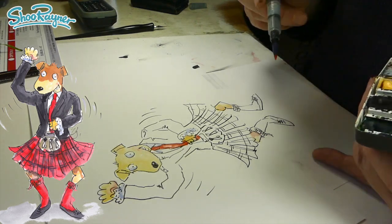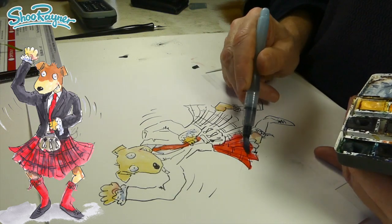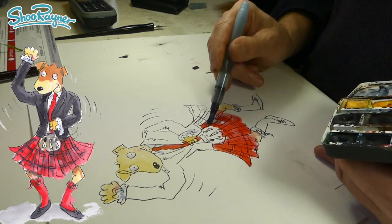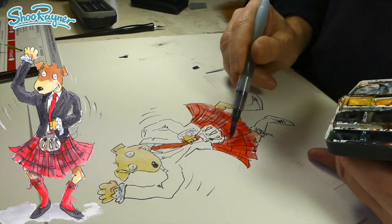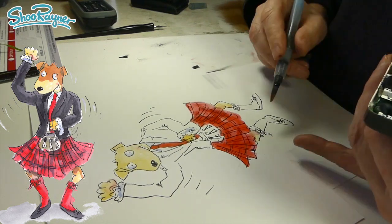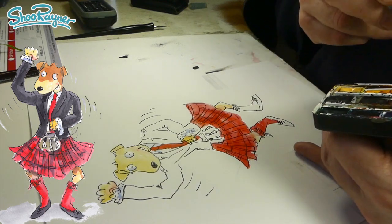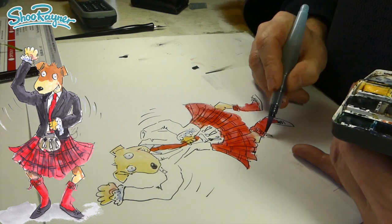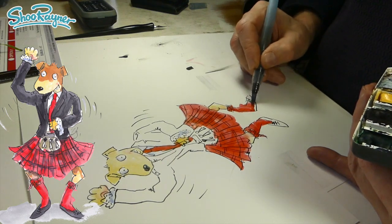While I'm doing that, I can slap a load of red in here on his kilt. Whoosh it about. I'm not worrying about going over the lines, because I want to get that feeling of movement there. I don't really mind if it gets a bit wishy-washy like that. And we're going to want red socks, or stockings. Would they be stockings? Probably. And a little flash coming off there as well. And a little bit of full strength colour in,